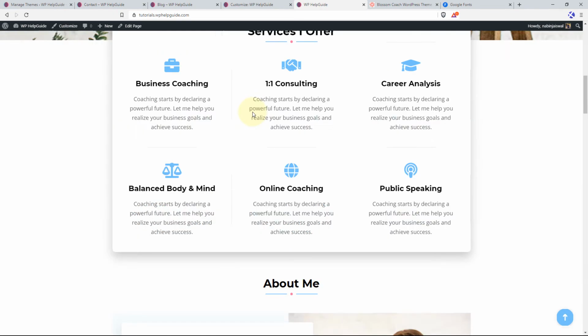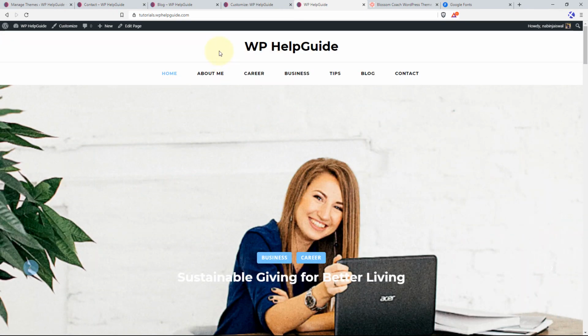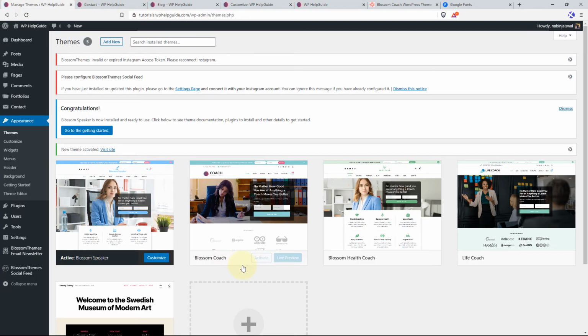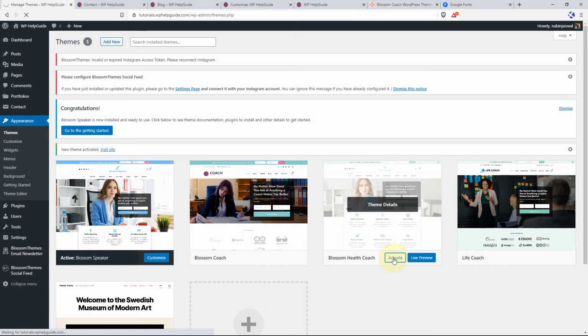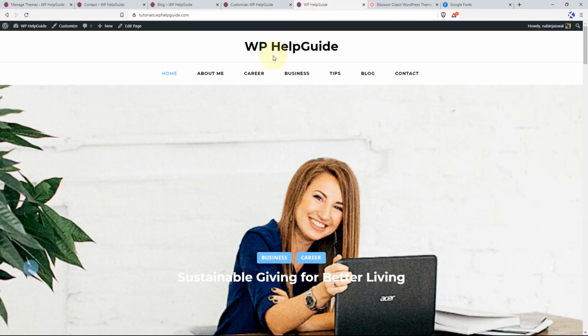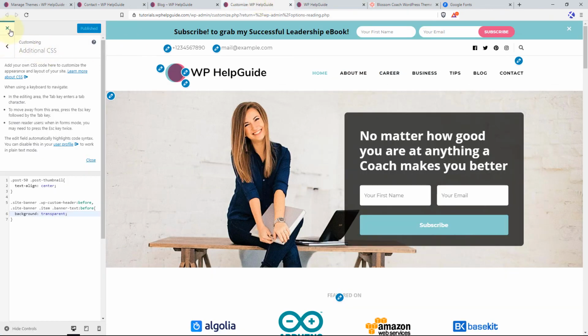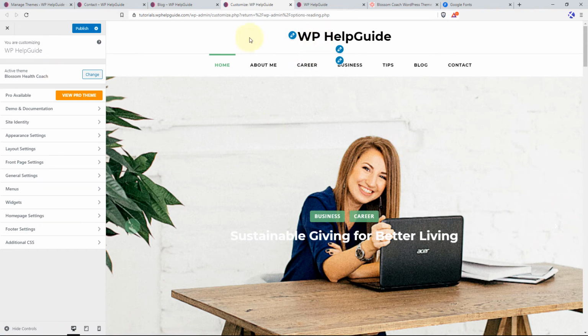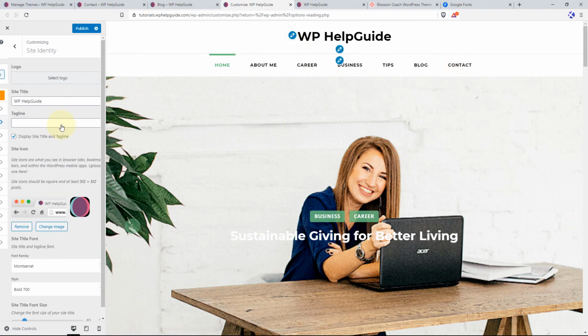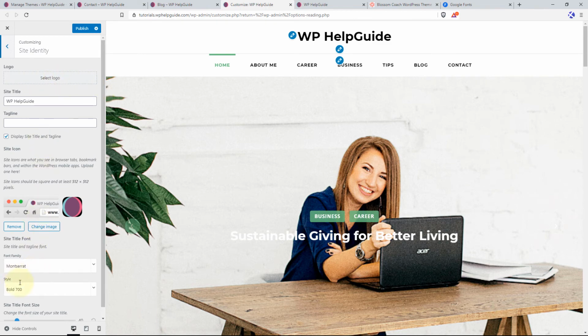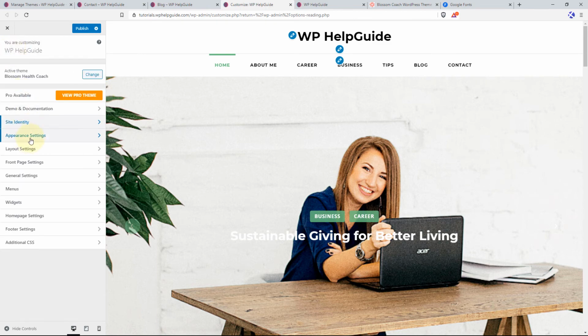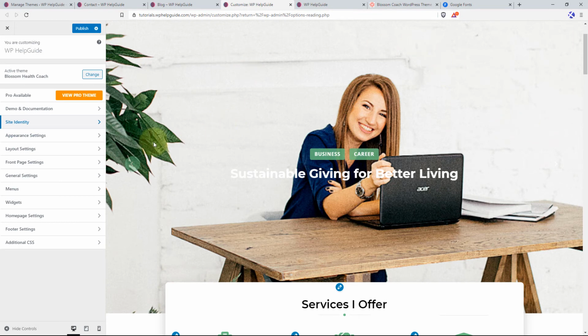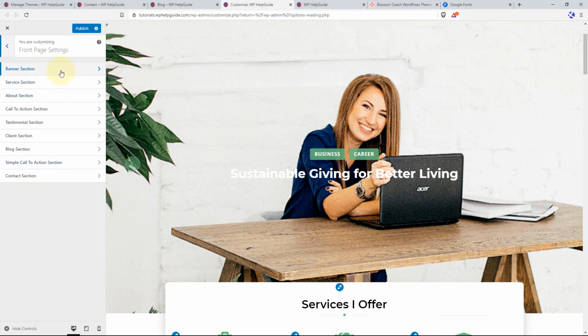Now let's go back to the customizer and configure the settings that we lost when we switched to the child theme. I'll go back and activate the Blossom Health Coach theme. Click on Activate. Now refresh our site, and let's go back to the customizer and refresh the customizer. And in order to configure the header section, you can go to site identity, and we already covered how to add the logos. Then in order to configure the banner section, go to front page settings, go to banner section,